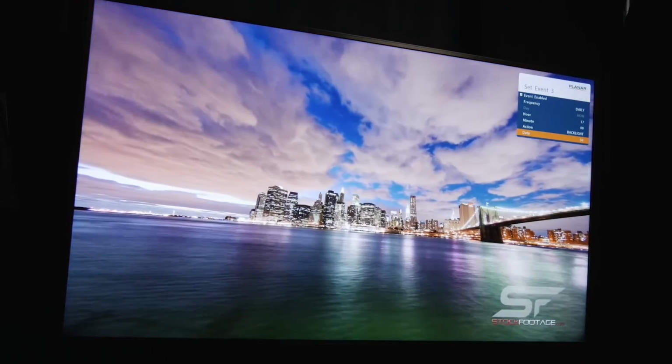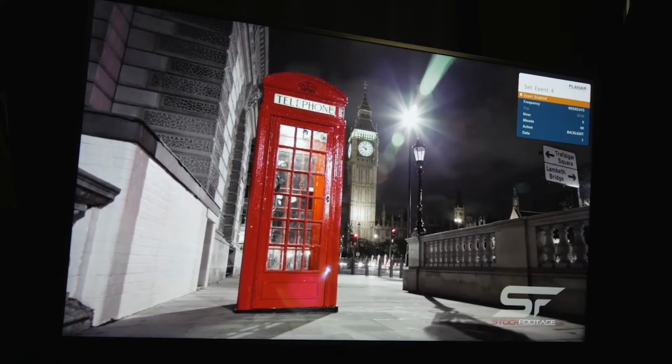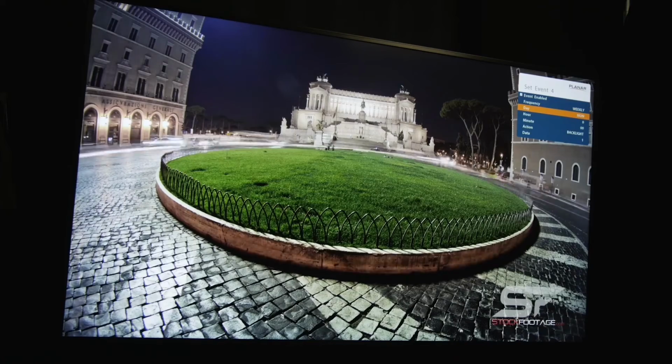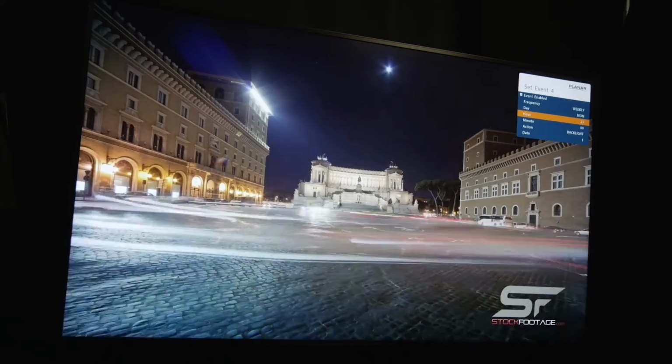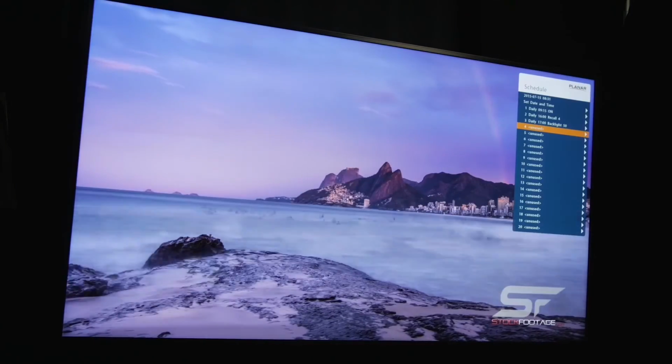For a fourth and final event, let's have the panel shut off every day at 9 p.m. First, we set our frequency to daily, our hour to 21, our minute to 0, our action to turn off, and we're